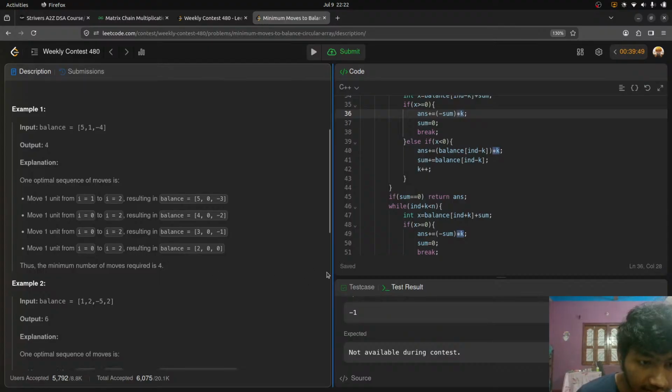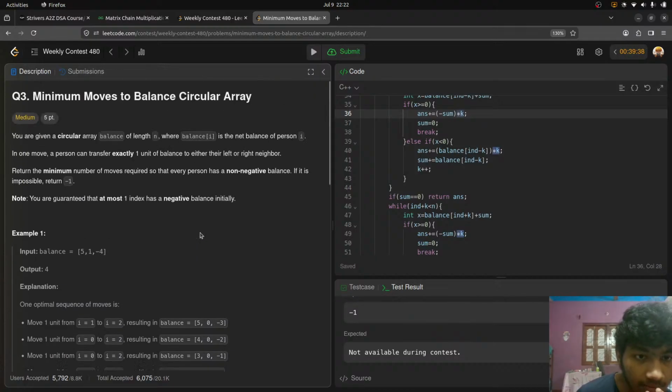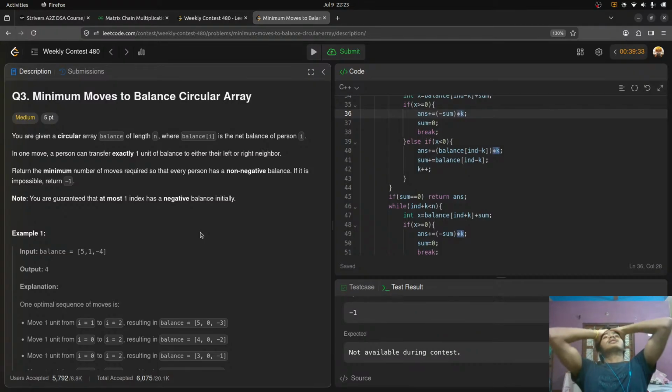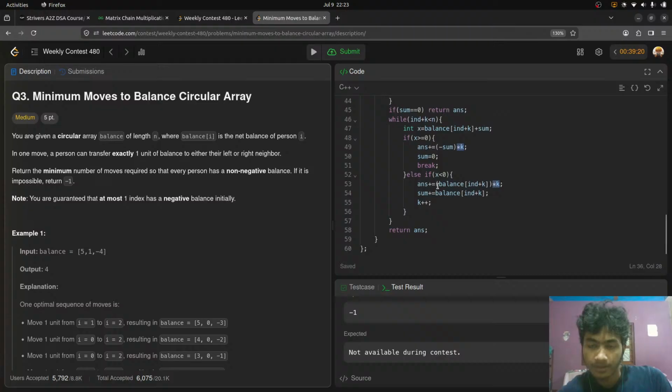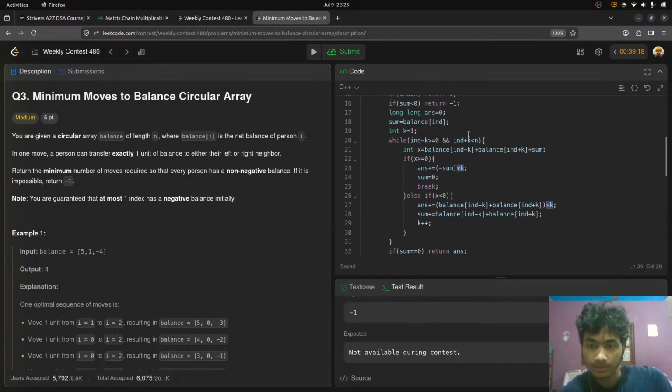What is happening here? How can I move something from the 0th index to the 2nd index? I am here at 0. Okay, alright, I got it. I just got it. Yeah. I literally don't need to do this kind of thing. I can just